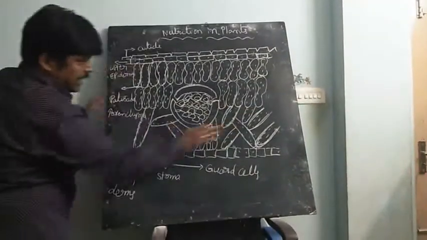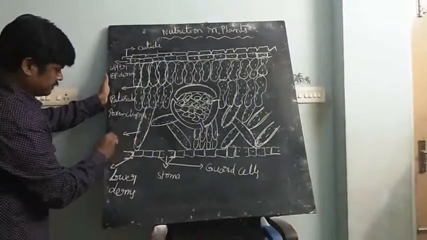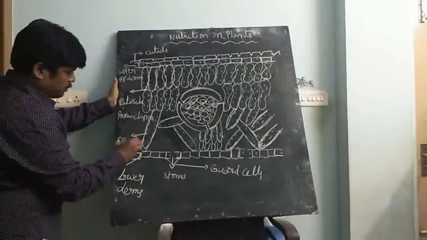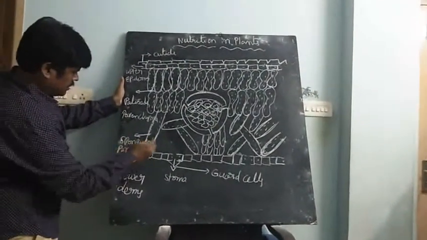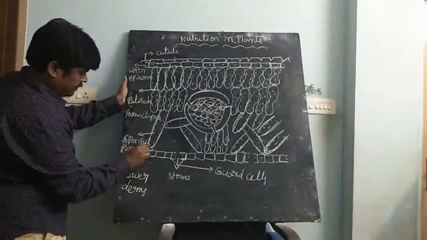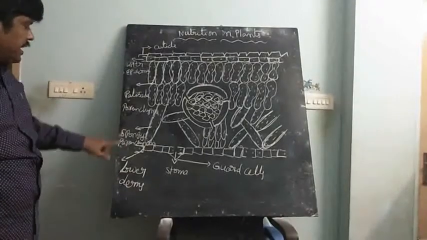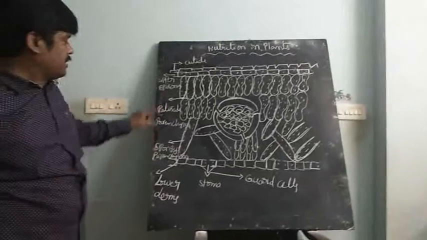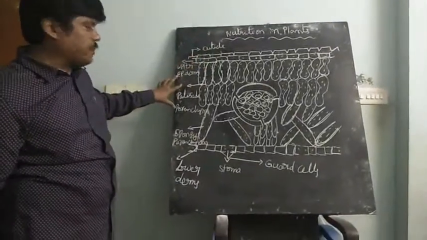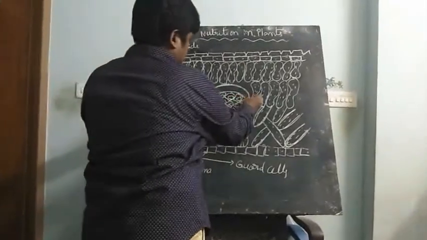These irregular rows are called spongy parenchyma. First rows are palisade parenchyma. This one is spongy parenchyma. Here in the middle,